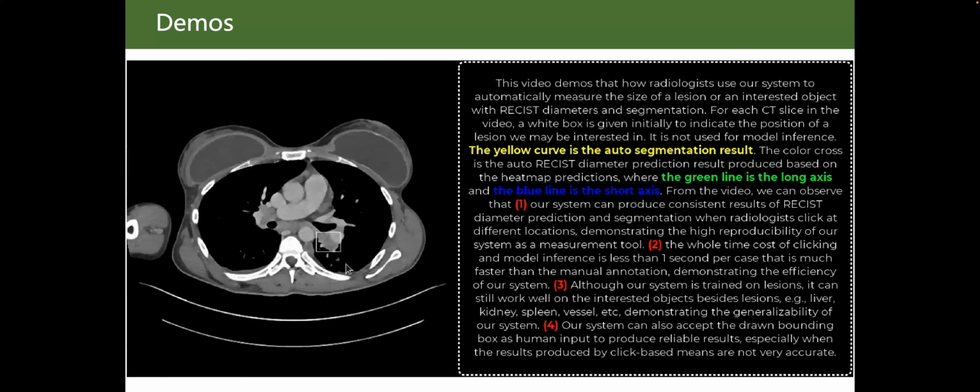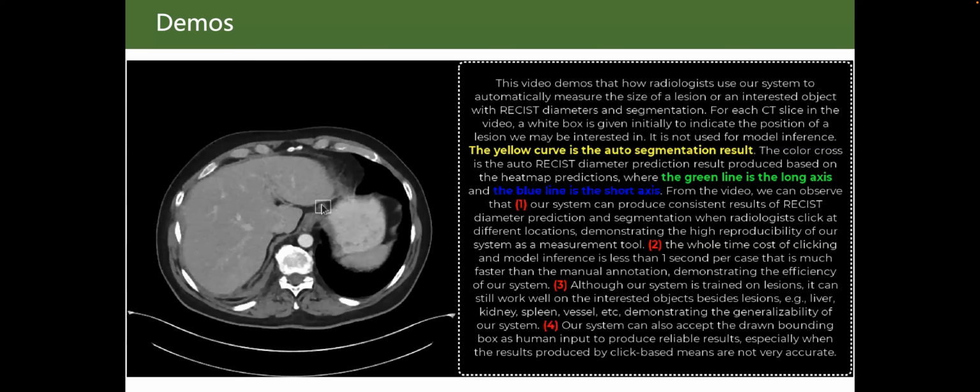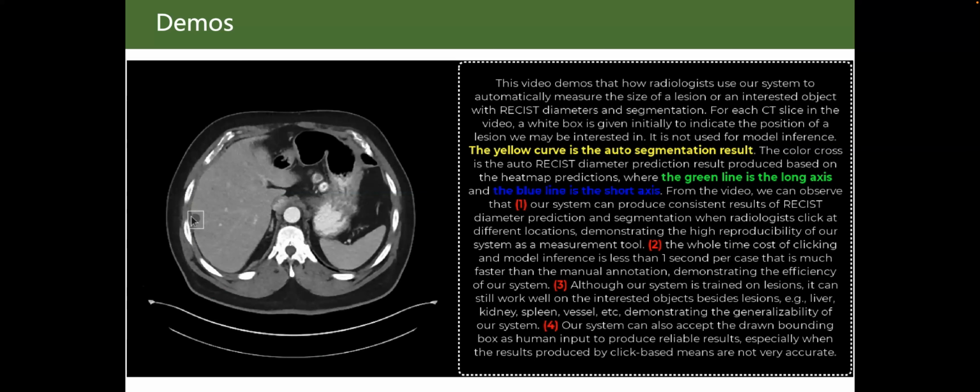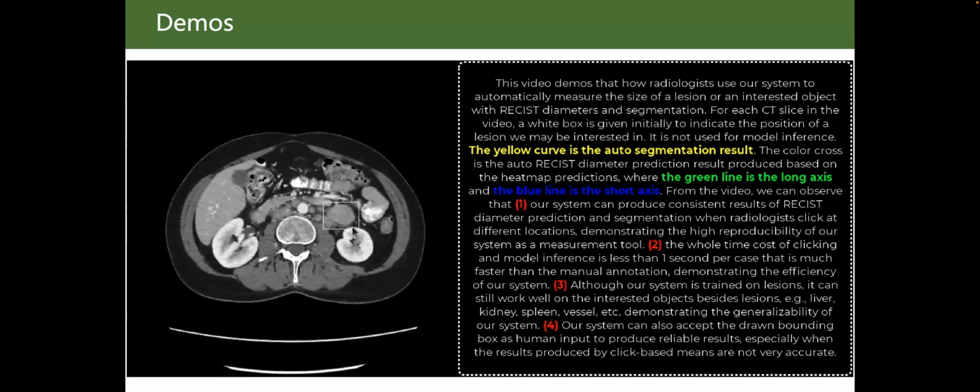And you can give different key points on the simulation. The method will give the same or similar results. You can also see the method is trained on the lesion regions, but it can still work on some other objects, for example, the liver, kidney, and